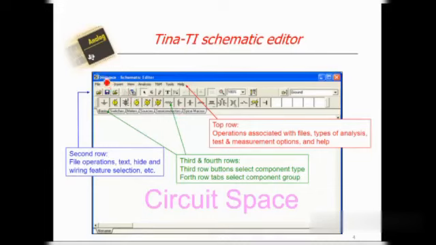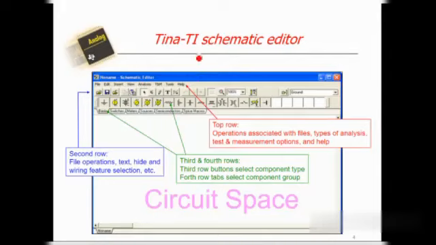Usually it will come initially with no name. After that, we can give File, Save As according to the name of the circuit. Maybe if you are doing a Wien-Bridge oscillator, you can give Wien-Bridge, or if you have the Wien-Bridge with amplitude stabilization, please give it as Wien-Bridge with amplitude stabilization, and so on. So after you click on the shortcut icon of TINA that is present on the desktop of your PC,